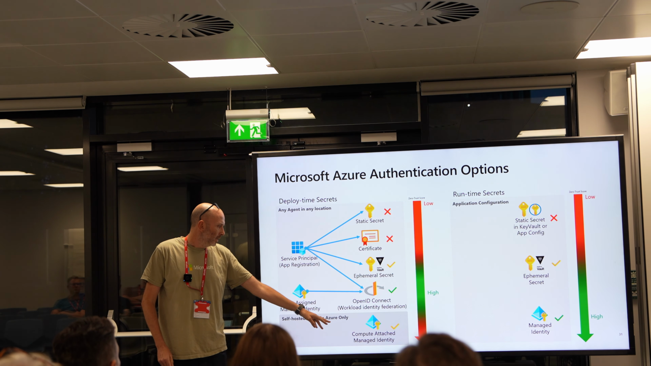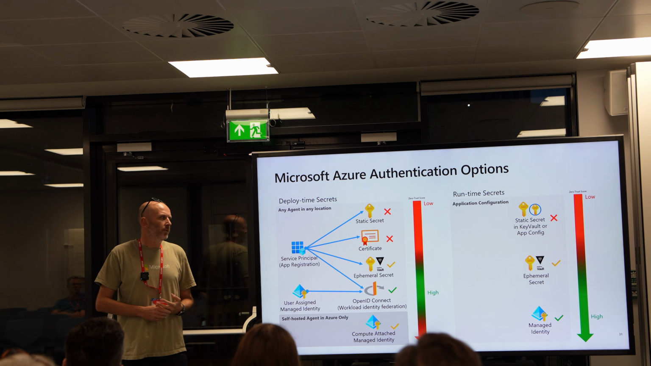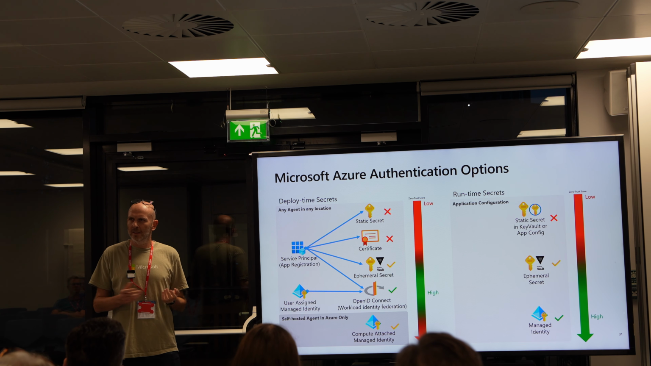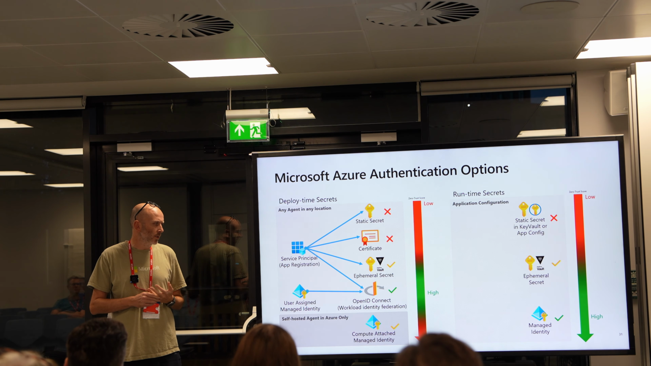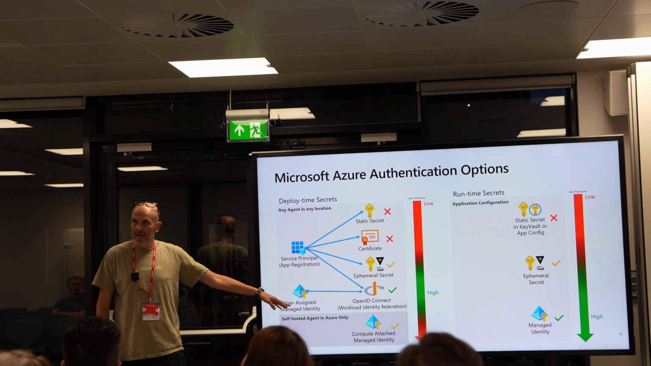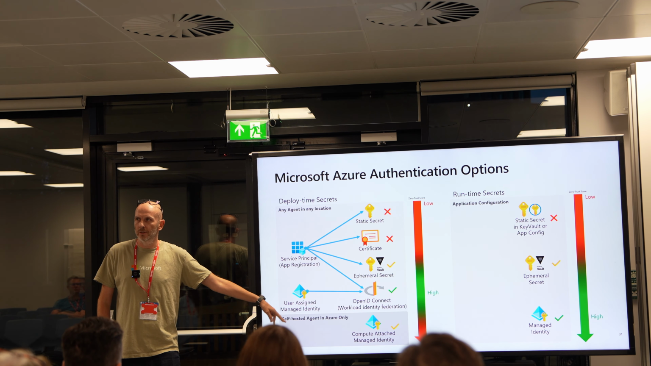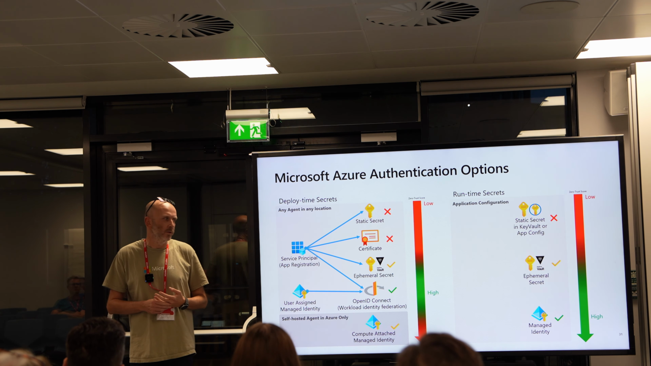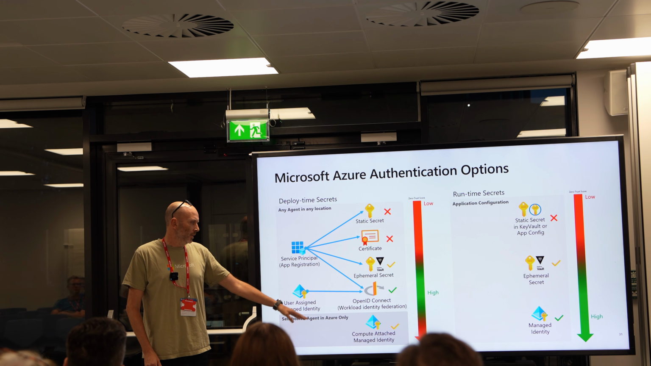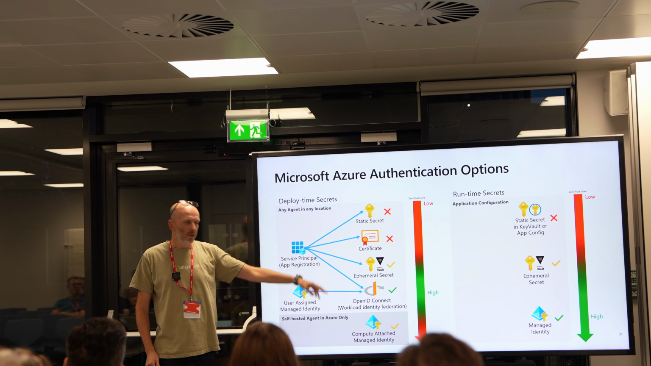Down at the bottom here, we've got a compute attached managed identity. If you're familiar with managed identities, you can have a user-assigned managed identity or a system-assigned managed identity, and that would need to be attached to the agent that you're running. That means the agent would have to be running in Azure in this scenario. You couldn't run it anywhere else. That's better than these, because you've not got a secret to care about. But